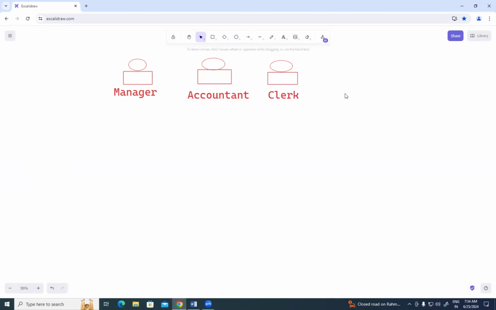Now we say that all these three are employees of the same bank only. Manager, accountant, clerk, all are working in the same bank. They are employees of the same bank. Am I right? Yes, sir. Cool, good. But if you observe,